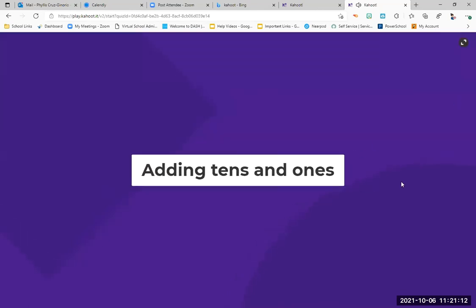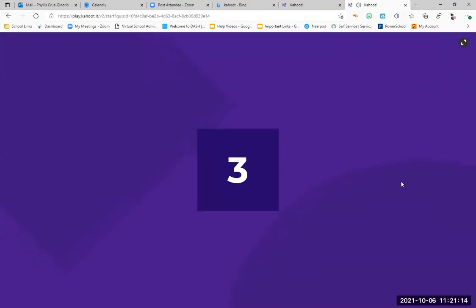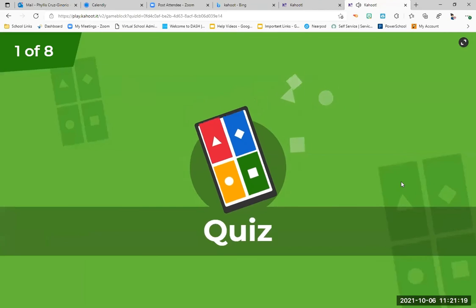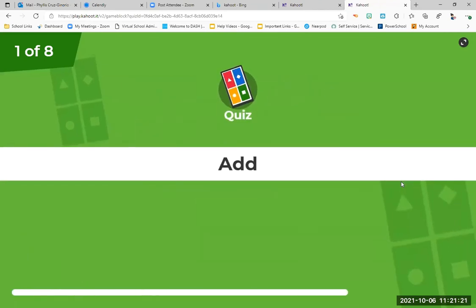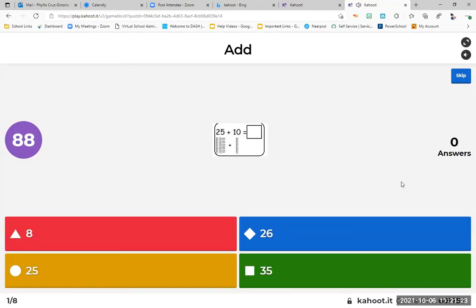Let's get started. We're going to add 10s and 1s on our first question. Remember how we did it. Our first question is 2 10s, 5 1s, plus 1 more 10. What do you get? What's 25 plus 10? I used to have 2 10s. Now I have,